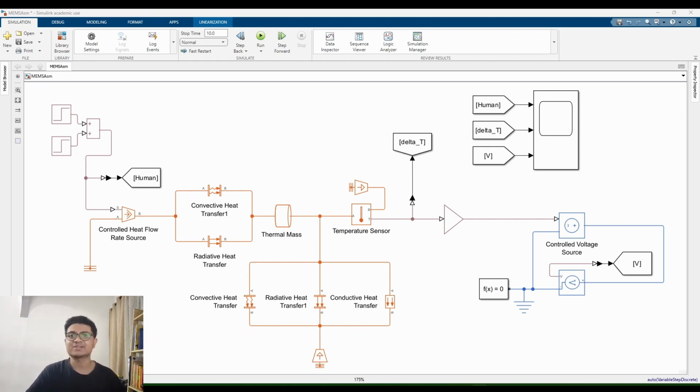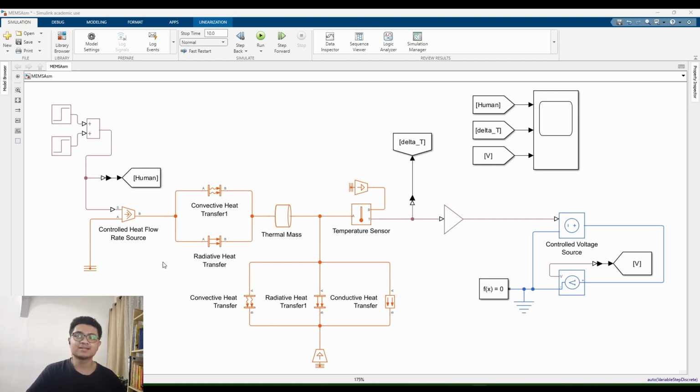through radiative heat transfer. The system captures heat from a nearby human body and converts it into a measurable voltage output using the Seebeck effect. Let's walk through the circuit step by step. The simulation begins with a controlled heat flow rate source representing the heat flux emitted by a human body. This heat flux mimics the radiative heat transfer from the human. The input to this block allows dynamic variation in heat flux over time, simulating the presence and absence of a